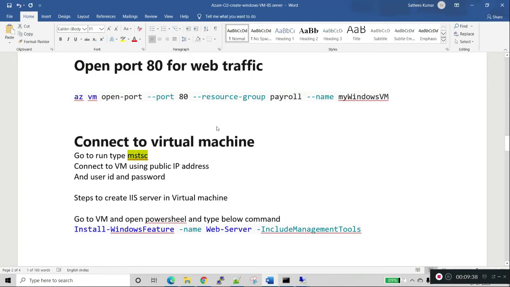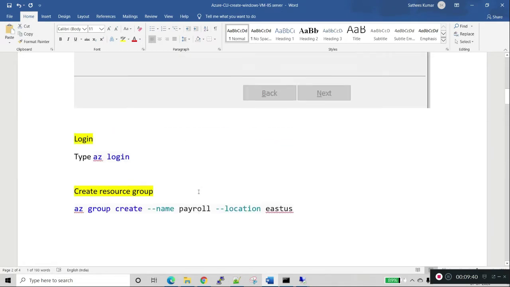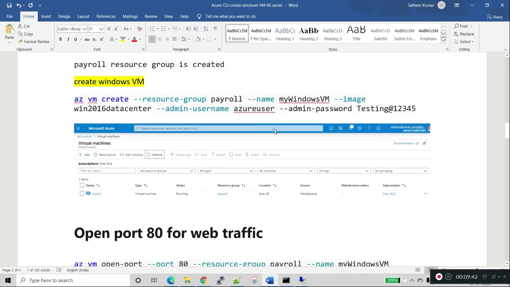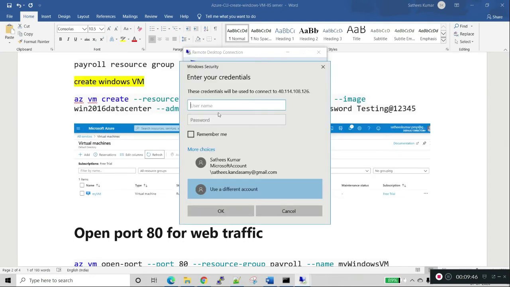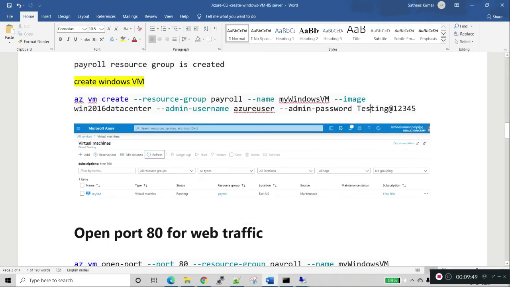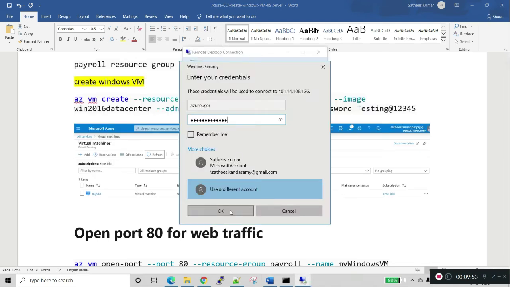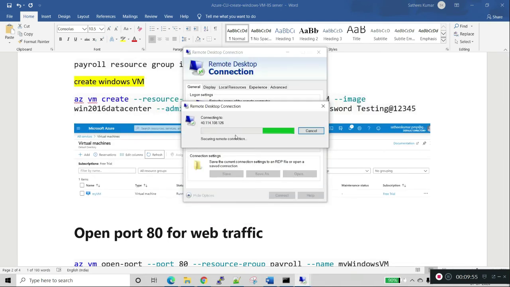In the different account we provide the user ID and password we used: the username is azureuser, and the password is testing@12345. I'm clicking OK. It's connecting now.